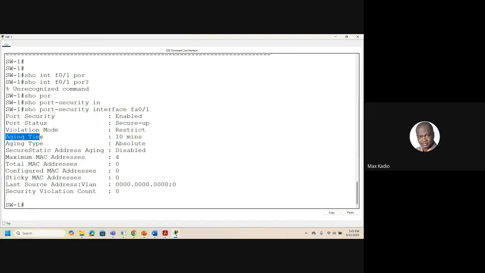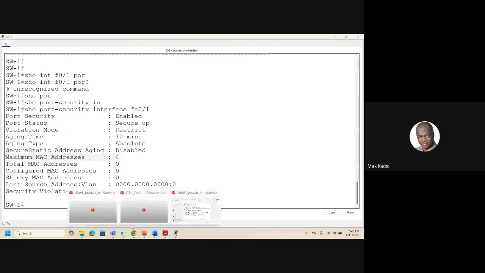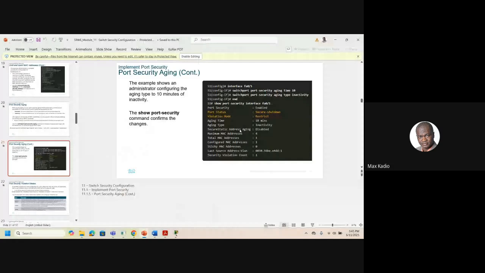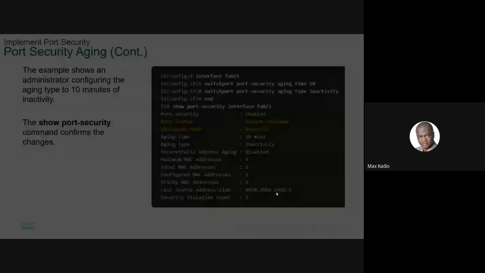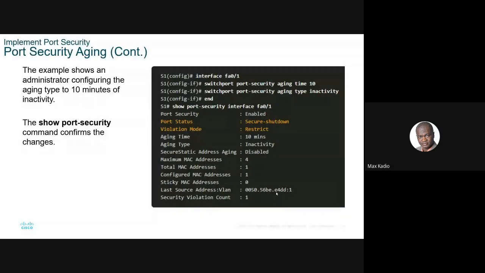Now aging time, 10 minutes. If for 10 minutes you're not using it, the port can go off. It depends on what you did. Aging and maximum number of MAC addresses. So all these things, please practice. Practice, then it will stay. If you don't practice, then